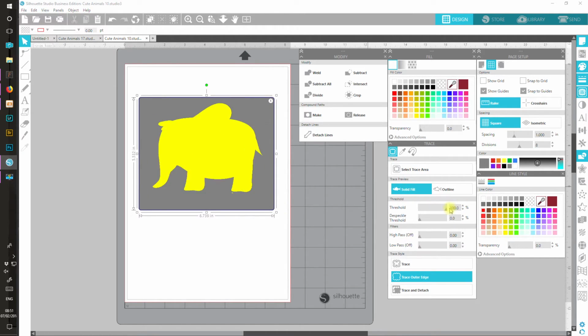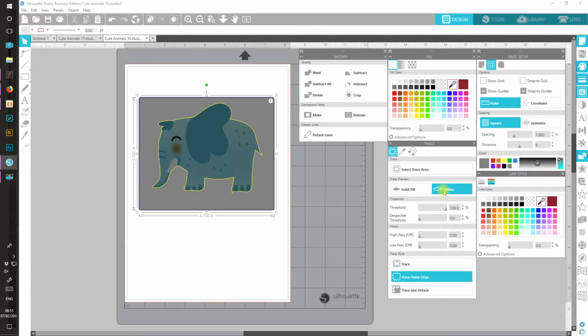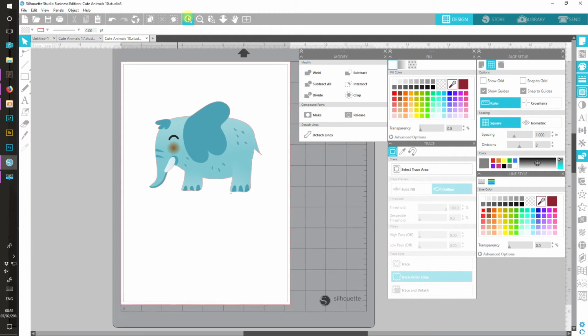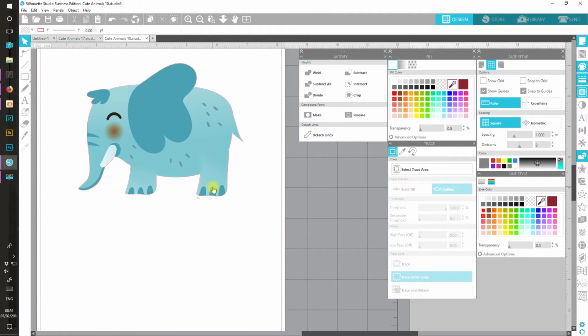Take up the threshold, put it on outline, trace outer edge, zoom in just a little, select, crop, get rid of that little bit that we don't want, make sure the line is on after the cropping,